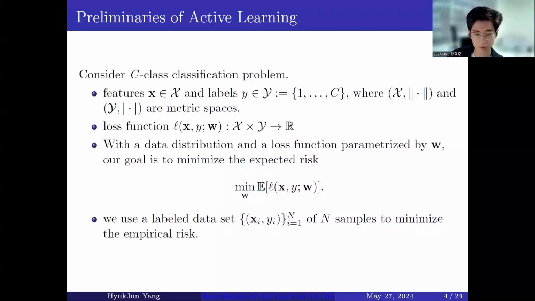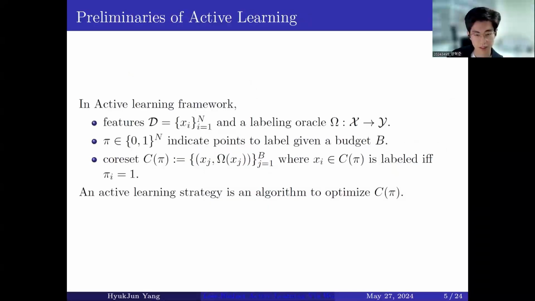Formally, in a supervised learning framework, we aim to minimize expected risk, which is the expectation of the loss function. The algorithm used might be empirical risk minimization, ERM. In this supervised learning context, active learning frameworks should come before supervised learning. The framework selects which samples will be labeled from an unlabeled data pool D, and the name of this core set is C. The size of C is determined by a budget B. Once the core set is chosen, it is labeled by an oracle omega, and the variable pi indicates the indices